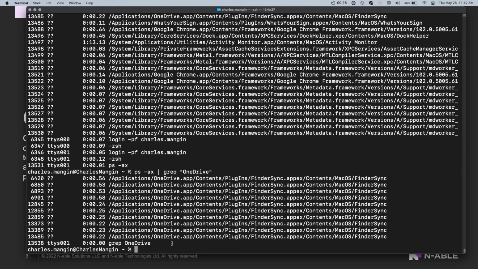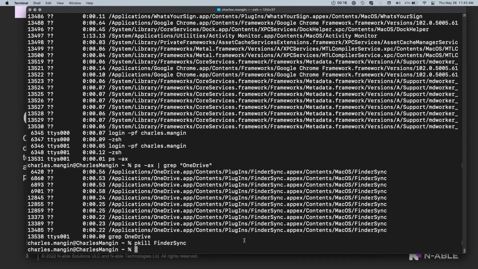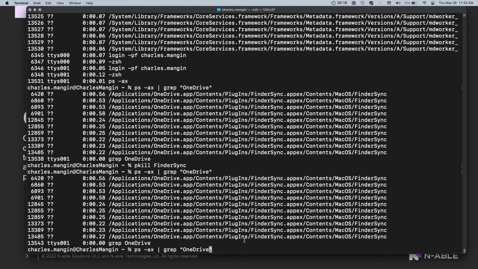There's also a shortcut for that, so I can kill any process with pkill, and what it does is actually do this step for me. So it does a grep for processes of a particular name. So I'm going to pkill anything with the name FinderSync. And now if I go in and look, it didn't work. So the next step is to add the option, and I happen to know the option off the top of my head is -9,